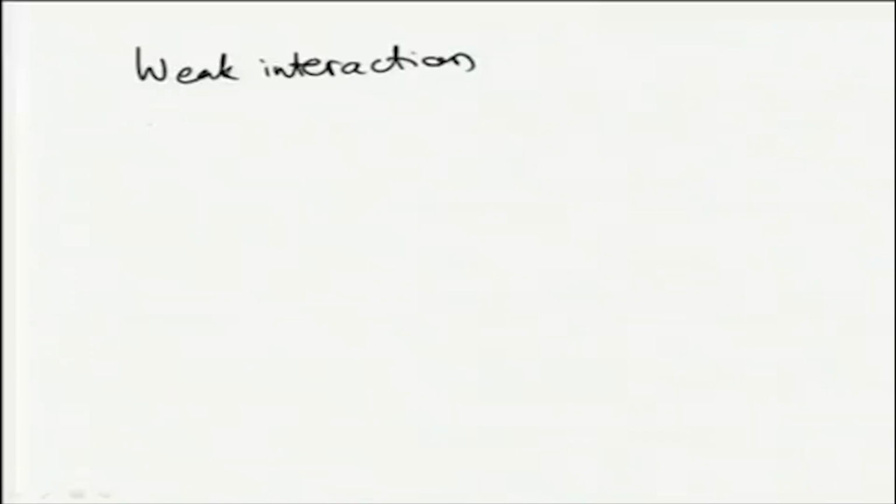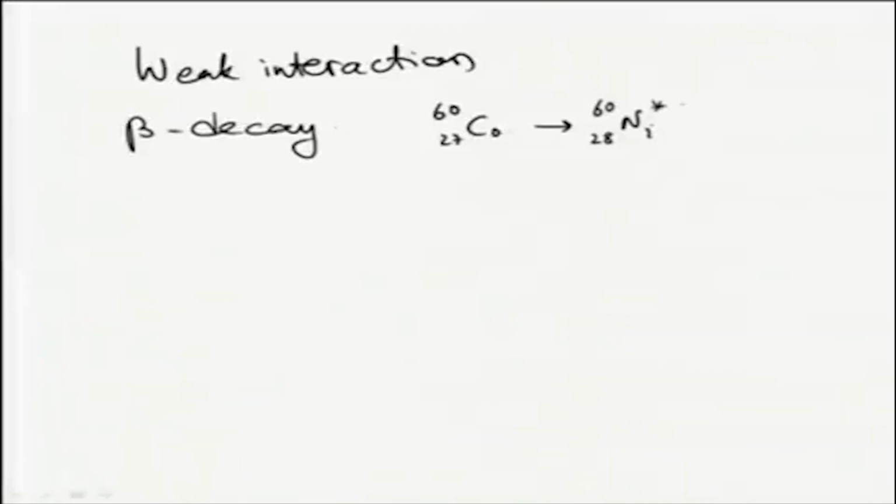An example of weak interaction is beta decay. Say for example, cobalt 60 with mass number 60 undergoes beta decay by converting itself into nickel and emitting an electron